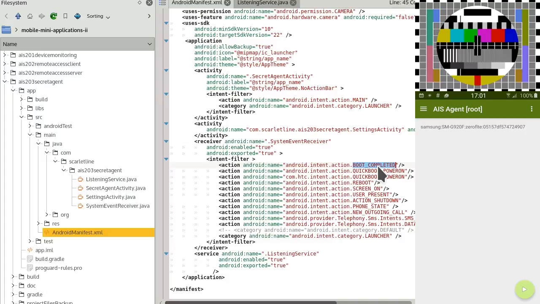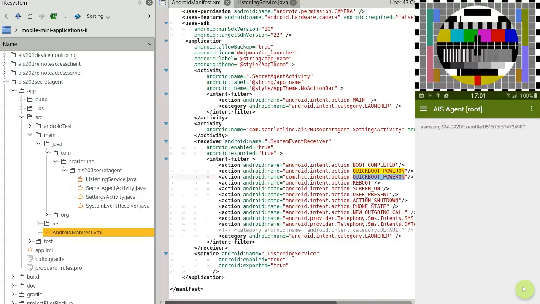These are the first messages that we get: boot completed, quick boot power on, and some HTC devices have a different quick boot power on. We receive all of them, so we work on any device. That lets us start when the machine starts, so you don't have to have run the Secret Agent app in order